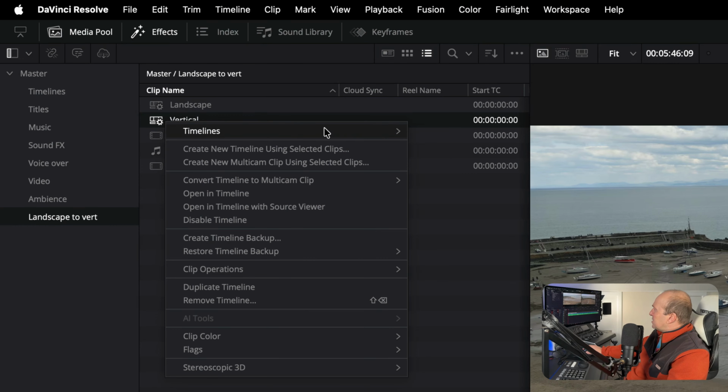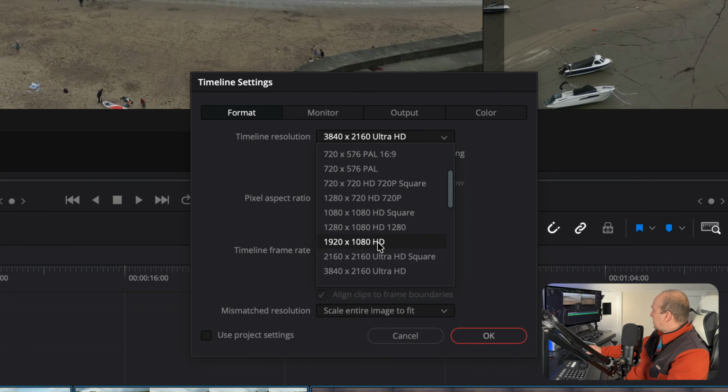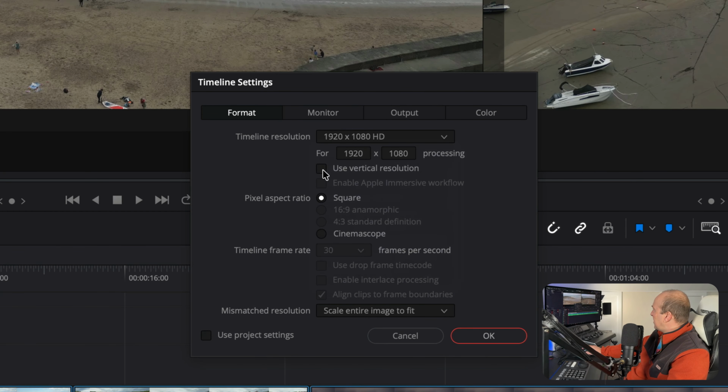Hey guys, if you edit videos in DaVinci Resolve and you want to post them to YouTube Shorts, Instagram Reels and TikTok without re-editing everything, this video will save you a lot of time. I'll show you how to change the timeline resolution properly, edit once in landscape, then quickly create a clean vertical